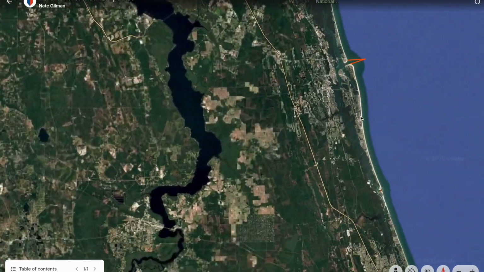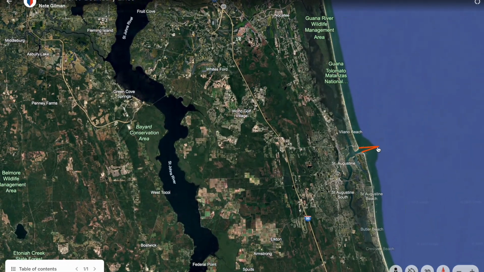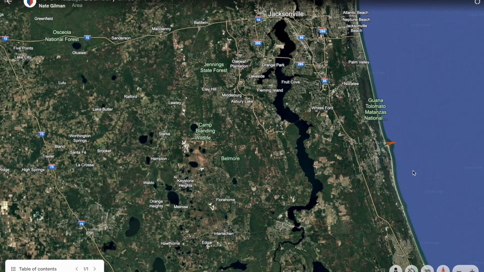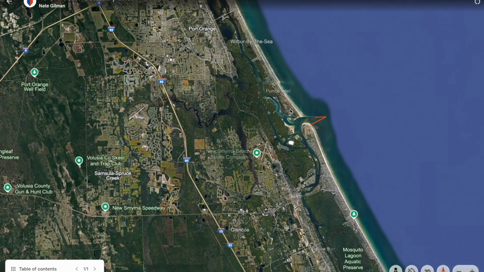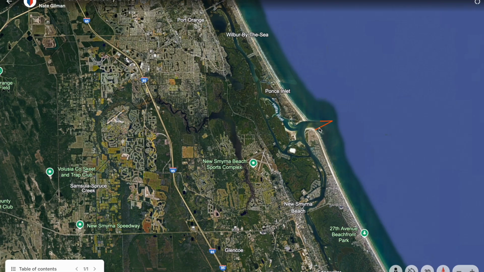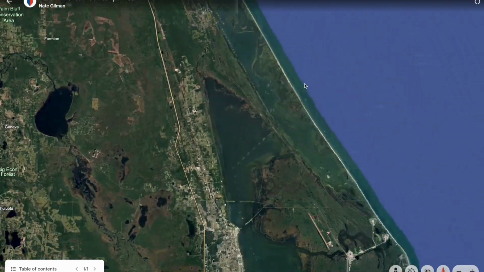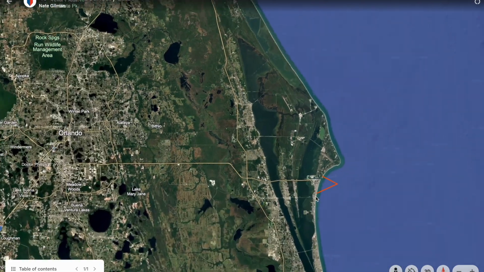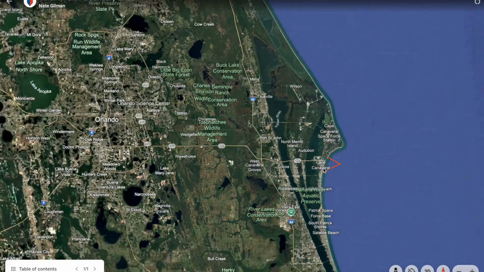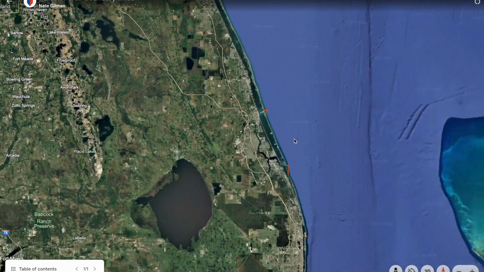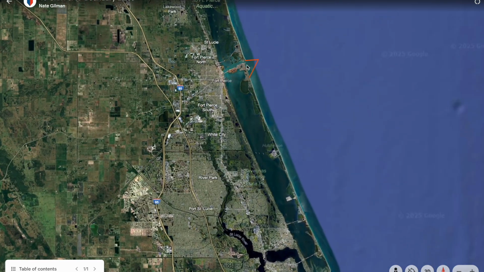Same thing as we make our way down to St. Augustine, just out to the safe water buoy is where you have to go outside of to get that near coastal time. As we make our way down, we'll see a couple more examples of that, in Ponce Inlet, further south. As we make our way to Canaveral, same thing. This is all near coastal. This is all inland.